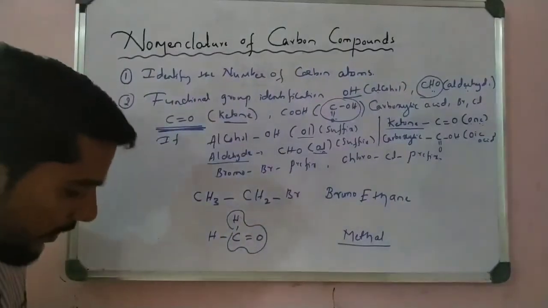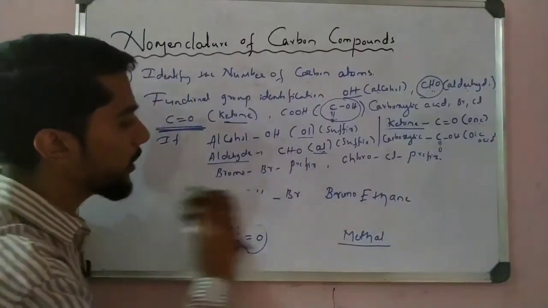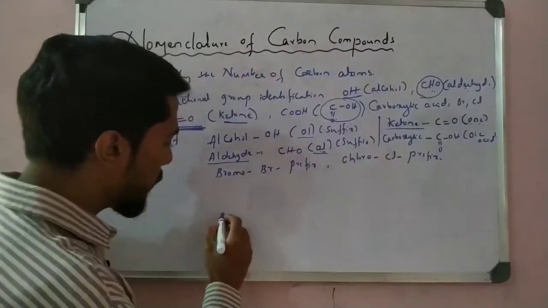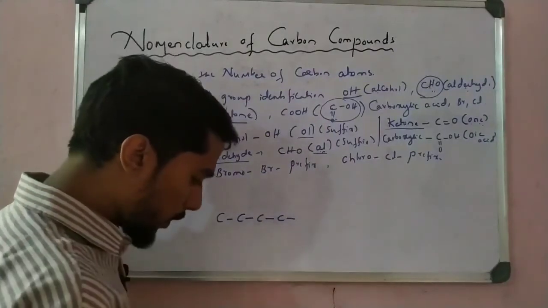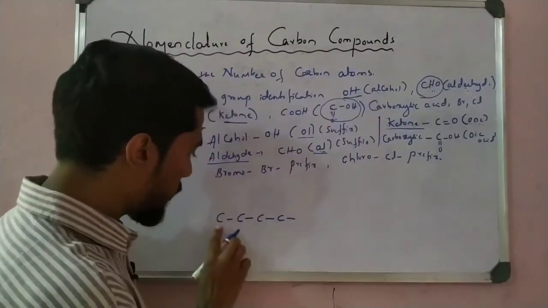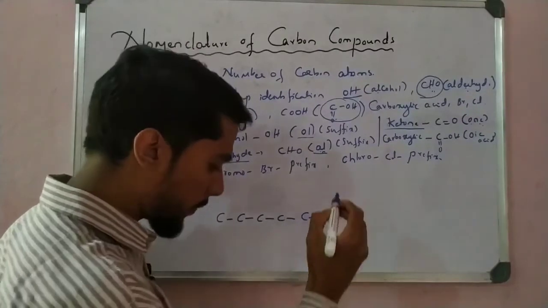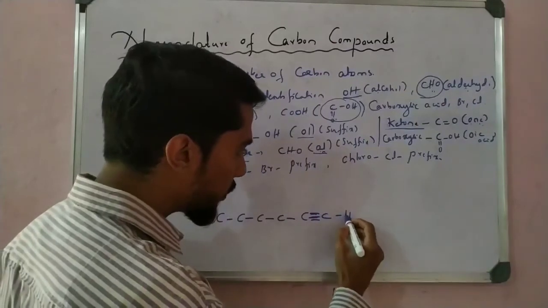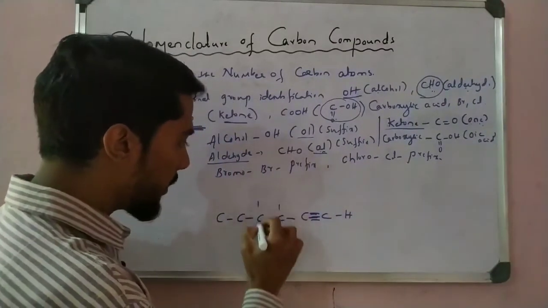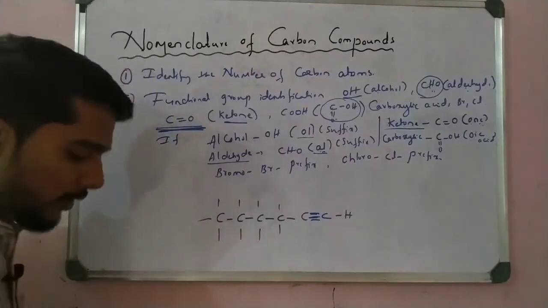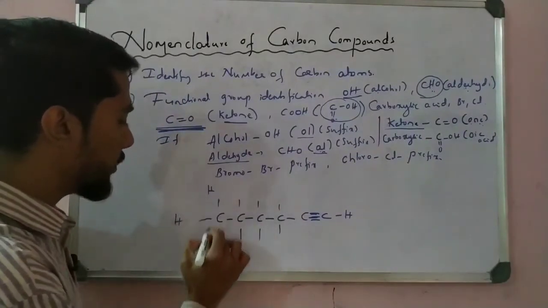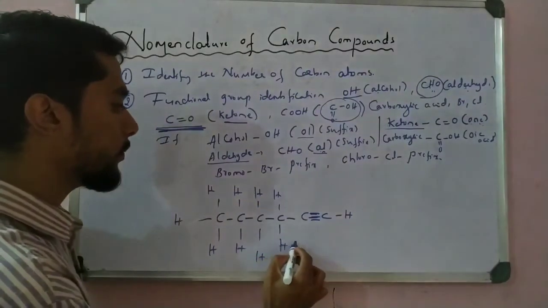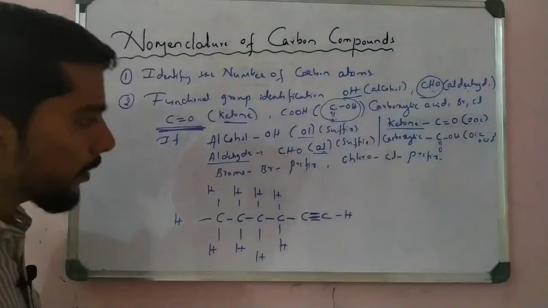So I can take one more example, the last example of this video. The last problem of this video: 1 2 3 4, okay, 6 carbons total, 1 2 3 4 5 6. Now here a triple bond is given, right? So here H, here H, here also H, here also H, all over H is there. Now let us name this one.